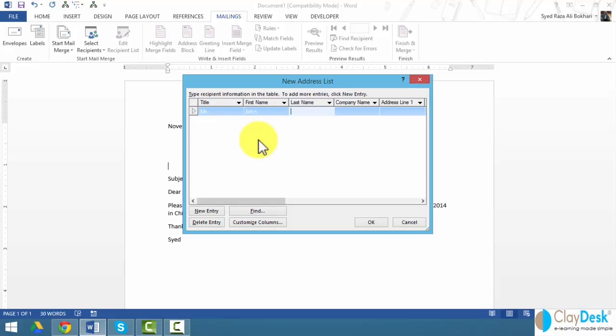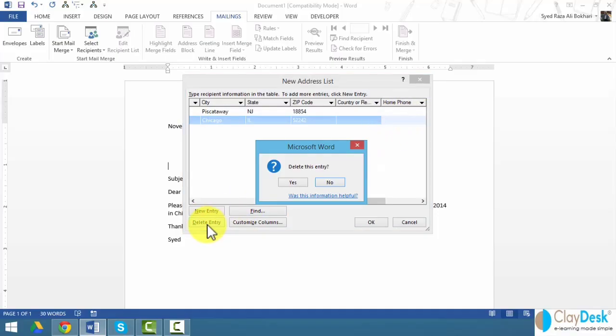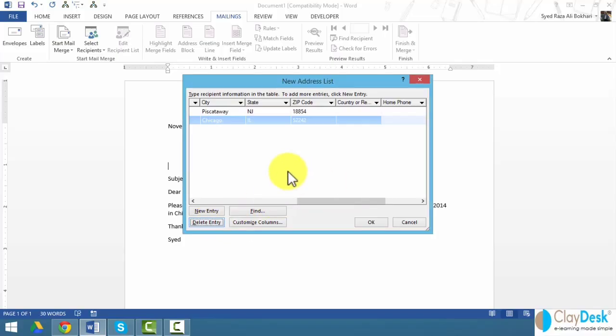Mr. Okay, John, first name, last name, company, and 244. So similarly, you can fill out the entire address book depending on the fields. Now, if you don't need some of these fields, like home phone number, for example, I can always edit it, create a new entry, or delete an entry. So if I wish to get rid of the home phone, I can say delete entry, not this entry,